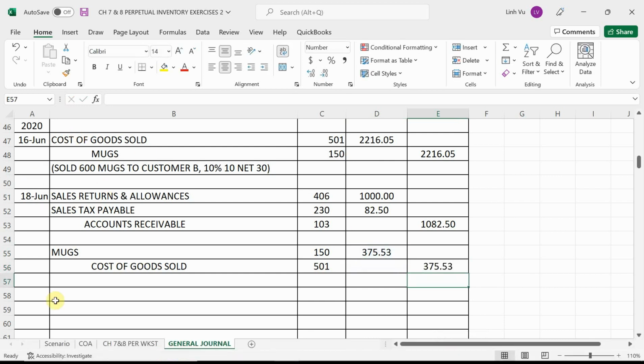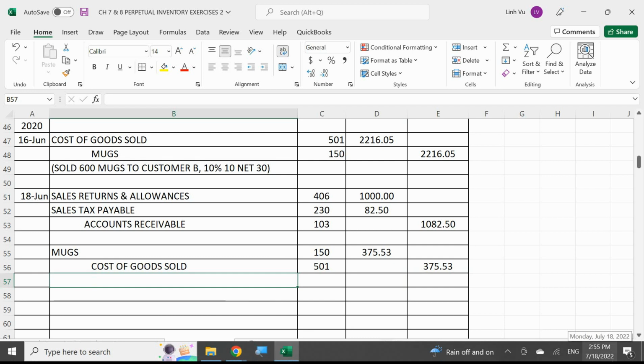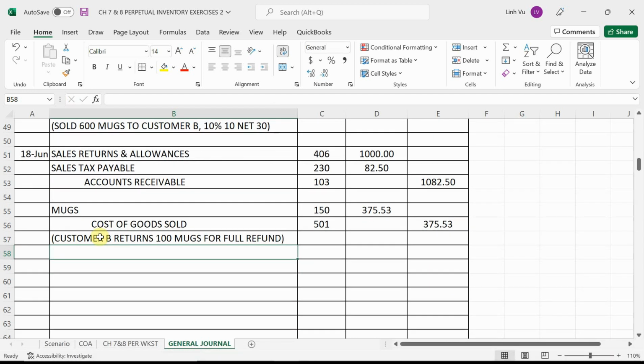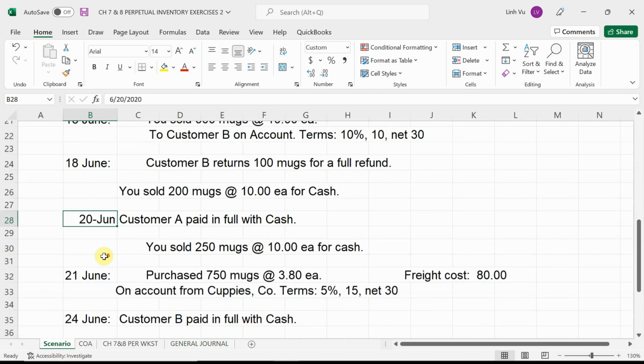And we're going to make a note here that customer B returns 100 mugs for full refund. Okay. All right. So let's do the last transaction here for the 18th, and we'll go on break after